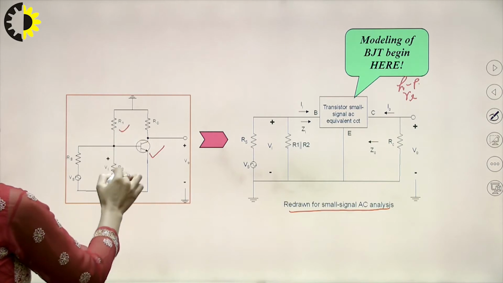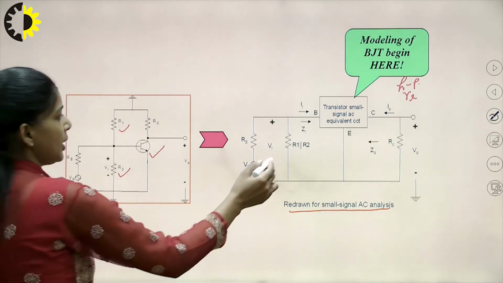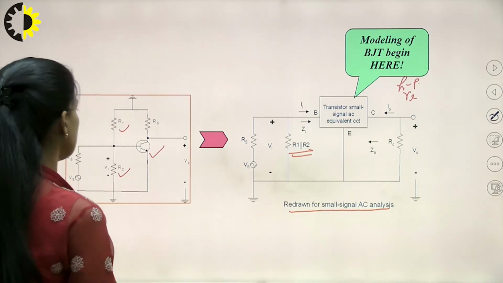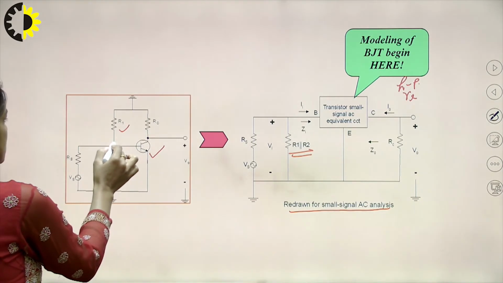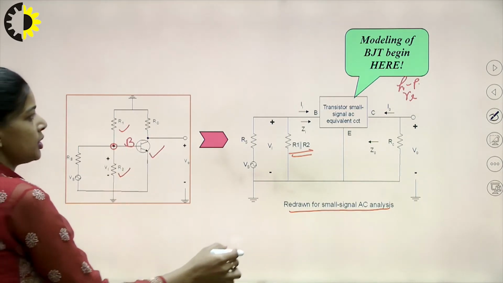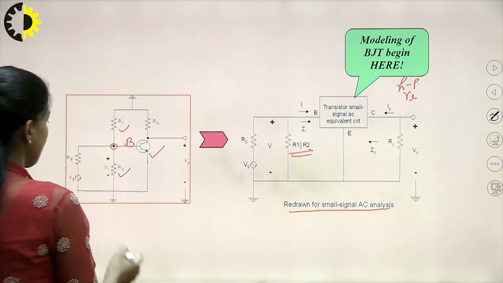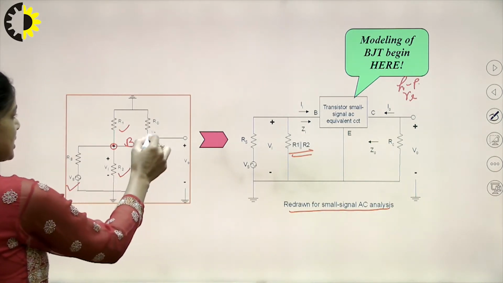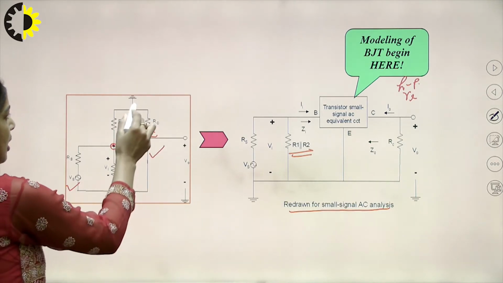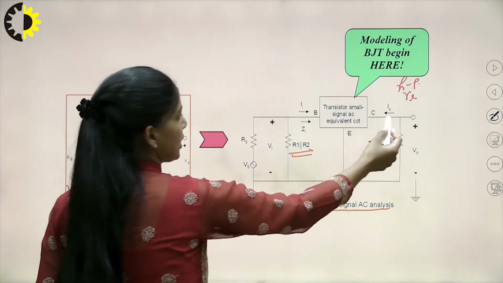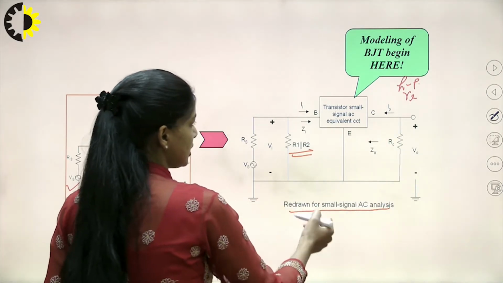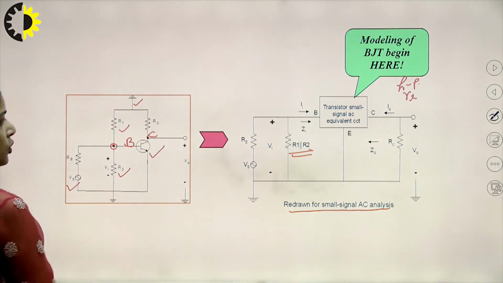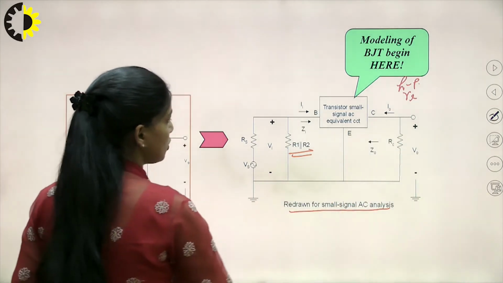This R1 and R2 here are connected in parallel, so its equivalent here is connected as R1 parallel to R2. Now, this RS was connected to the base terminal, this is the base. So, here it is connected to the base through the voltage source Vs. At the collector side, we have the collector resistance RC that is connected to ground, and we take the output from the collector to ground.